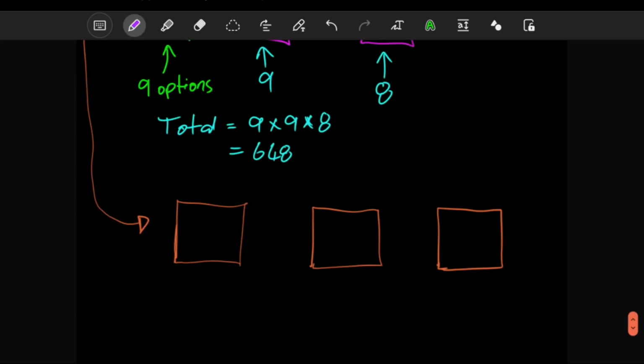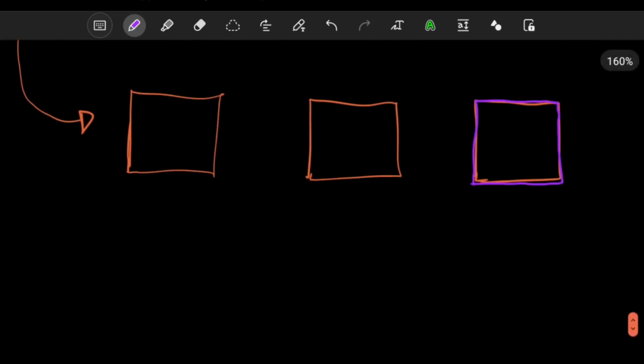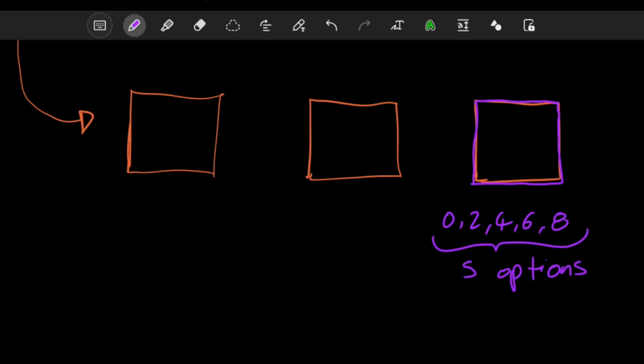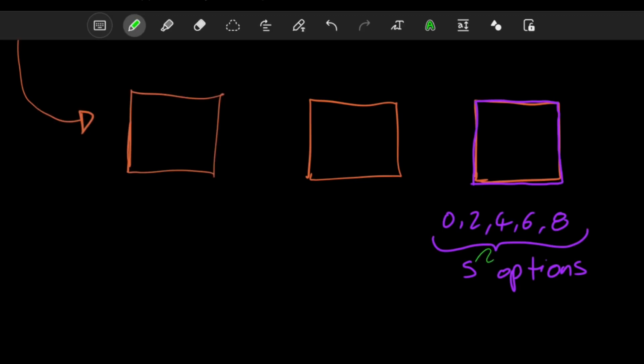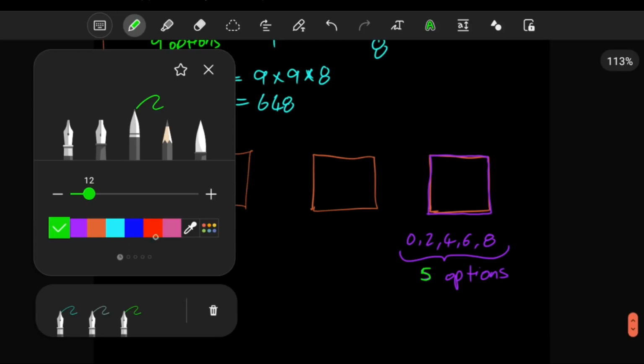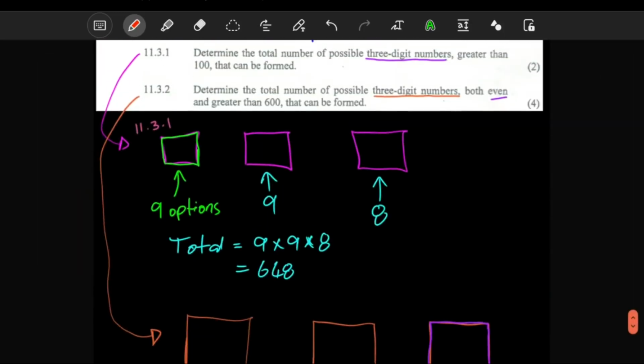Obviously, if it's going to be even, it affects the value that goes right over here, because if your code is going to be an even number, it means that here you have 5 options, you see. So that's the restriction you want to consider first. You have 5 options for this slot over here. Secondly,